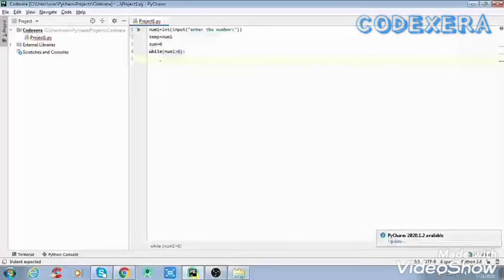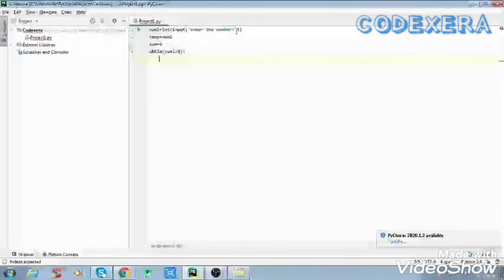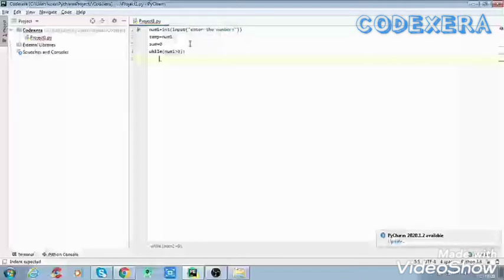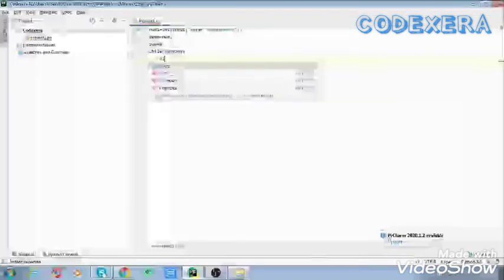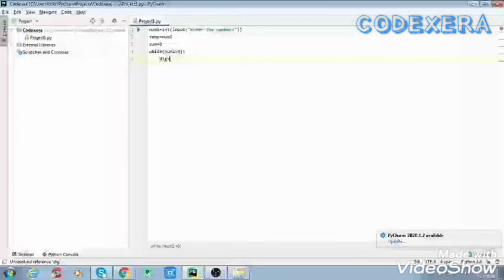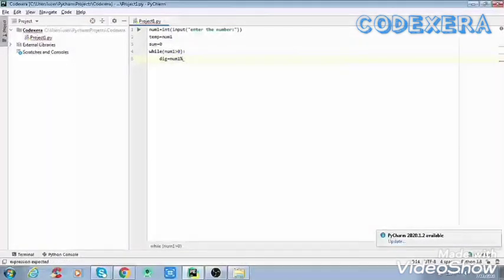Suppose we need the last digit of the number which we have given as input. For getting the last digit, we have to obtain it by using the modulus operator. That is, the digit will be equal to the last digit, which comes from the modulus of the number we have given as input.